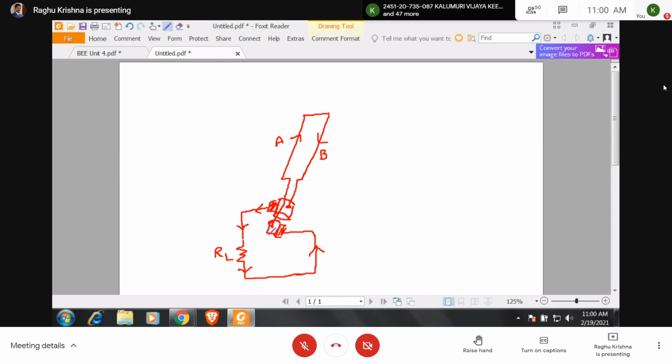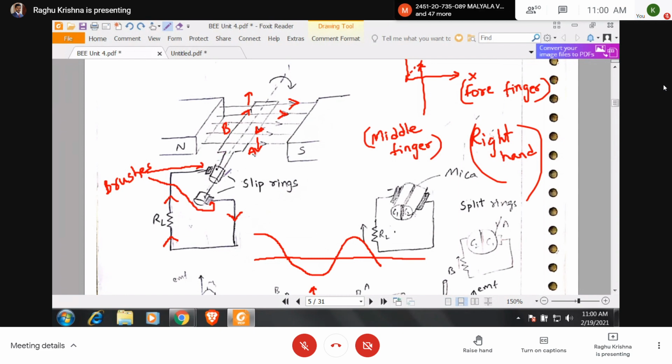Why we require the slip rings? So slip ring is connected to the coil. So when the coil rotates, slip ring also rotates. And here EMF is induced in the conductor. That means at the ends of the slip rings you have the DC voltage. How to collect this DC voltage? Slip ring is rotating and we have to collect the DC voltage. It can be collected by having a brush contact. So by pressing the brush to the slip ring, the current starts flowing through this load current.